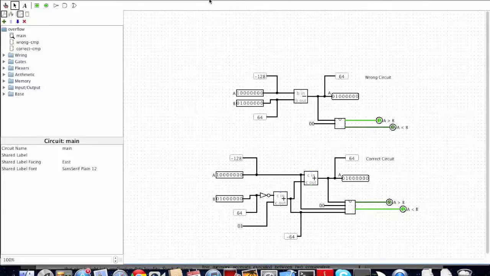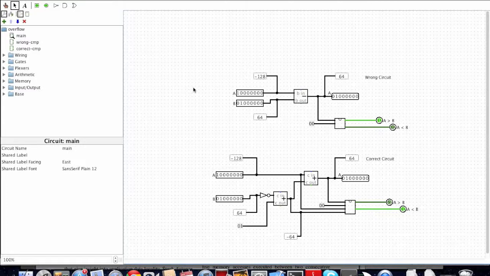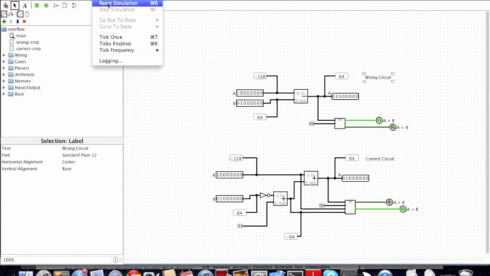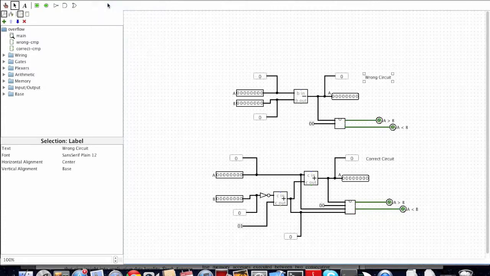Alright, this example is to show how to correctly handle overflows in comparisons. So what you see here are two circuits. The first one is labeled wrong circuit and the other one is labeled correct circuit. So what I do is I reset the simulation,